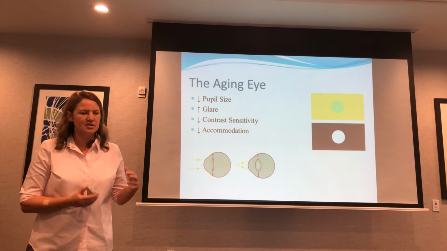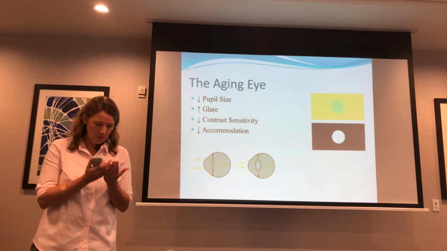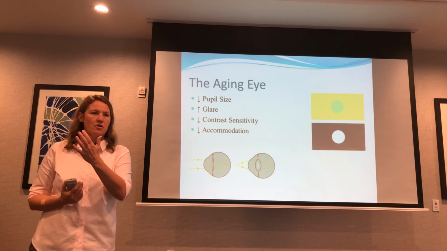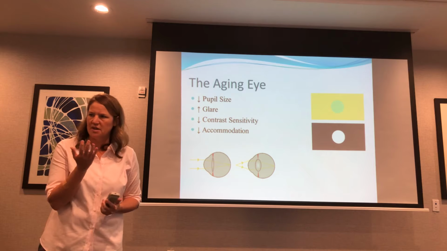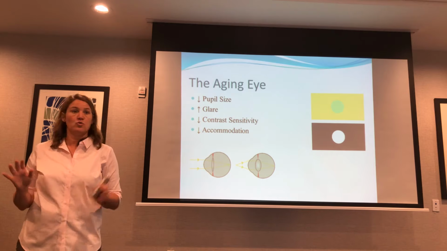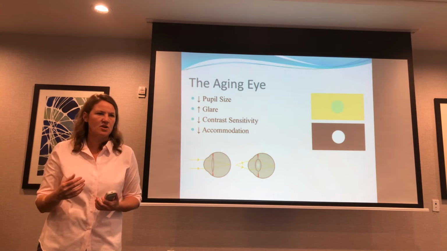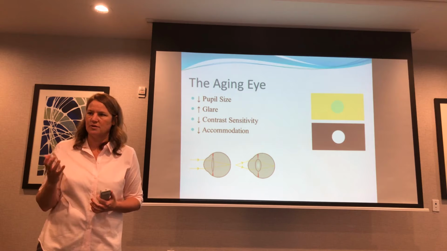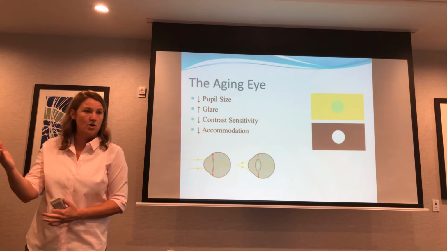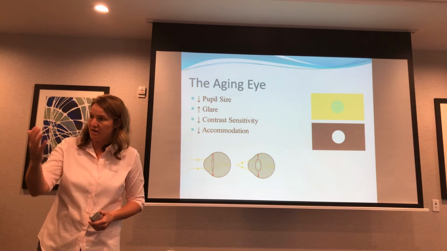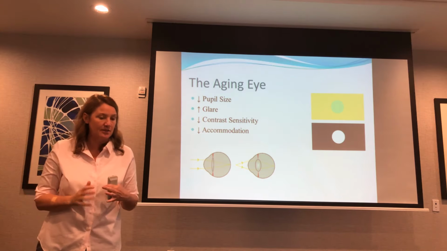Decreased accommodation: this is just your lens becoming like everything else in your body, less flexible. So the ability to go from looking at something close up to looking at something far away can be harder to do. Have you ever been reading a book for a long period of time, and then you get up and start walking around and, ooh, your vision is all affected? Think about being like that all the time, having a difficult time where you really have to focus on something, get it into focus, and then you can see it, and then you go to look at something else. Again, you have to take time to focus on that new thing, because everything moves and accommodates a little bit slower.